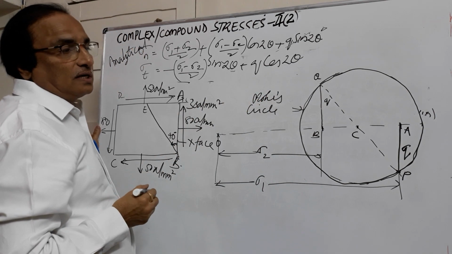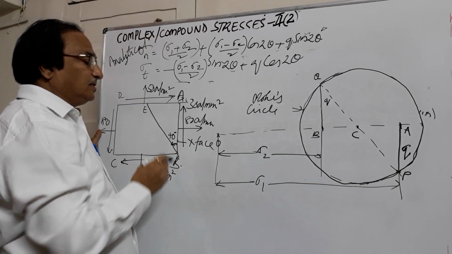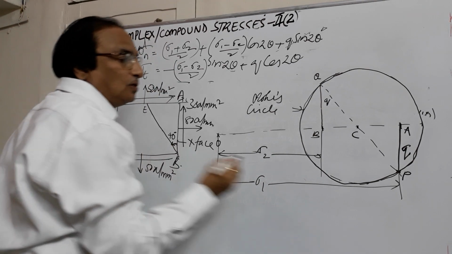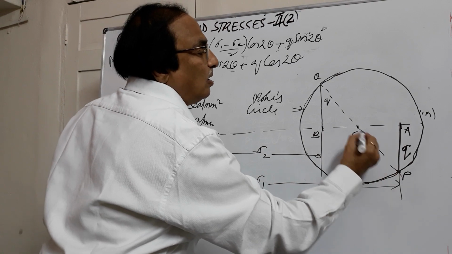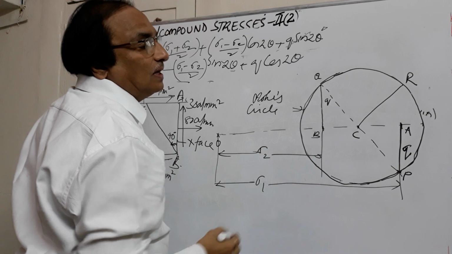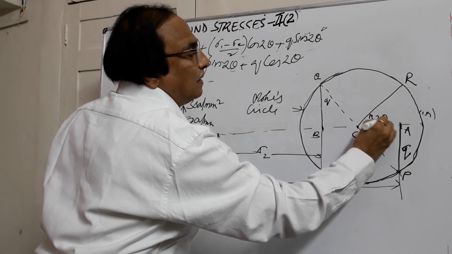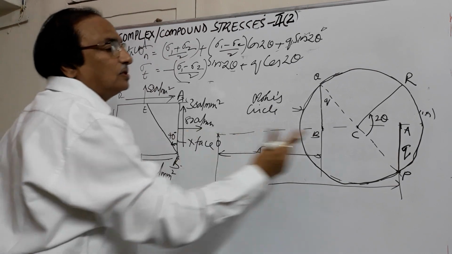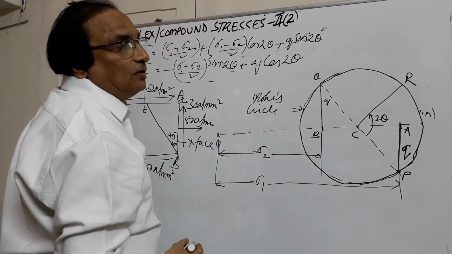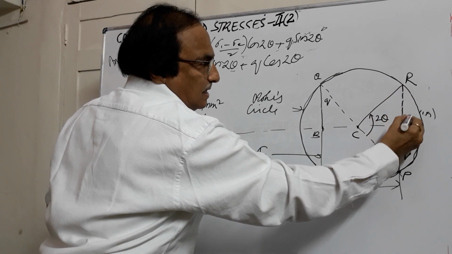Draw a Mohr circle. Now here you will have to find out the normal stress and tangential stress on the plane BE. So what you do, from CP draw a line. Suppose I call it QR. This should be angle 2 theta. So theta is 40 degrees, so this will be 2 theta. Now from this you drop a perpendicular. Let it be S.